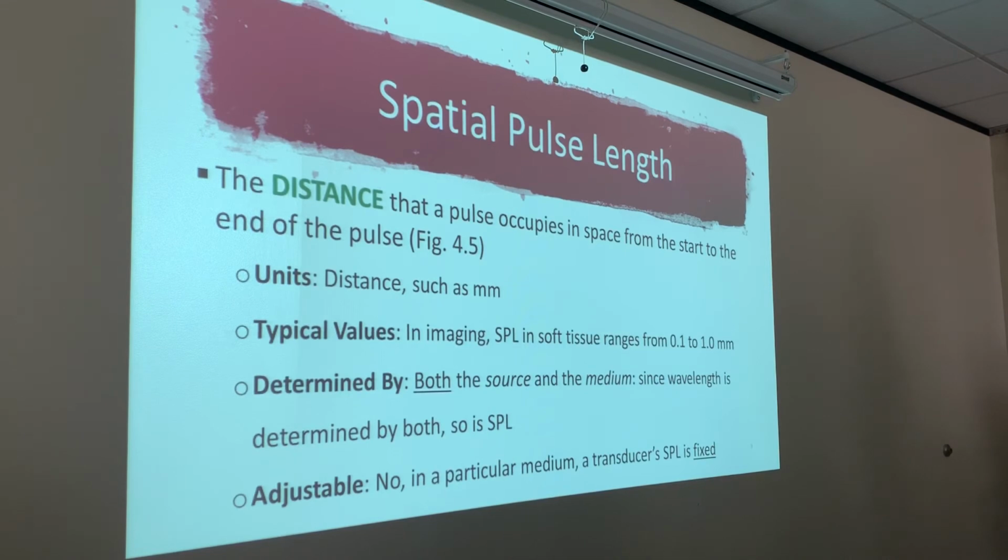All right. So, spatial pulse length, guys. I know I kind of went out of order of the book, but I did that on purpose because I felt like pulse duration and spatial pulse length are similar in that they're both directly related to either the time or the distance. Okay? Again, spatial pulse length. It's telling you exactly what it is. Distance. The distance of the pulse, how long that pulse is, right? The distance that the pulse occupies in space from the start to the end of the pulse. Okay? Our units for spatial pulse length are going to be millimeters, or basically like I